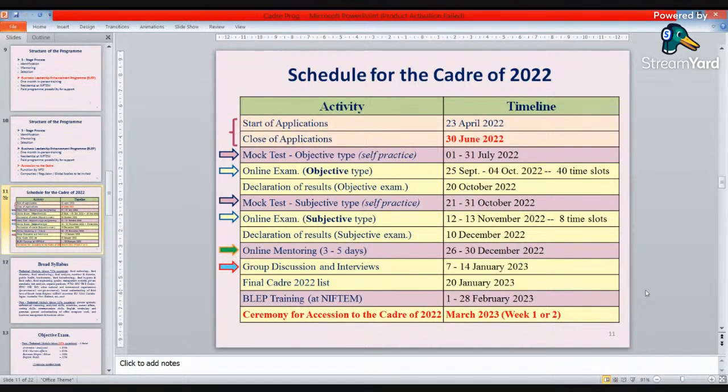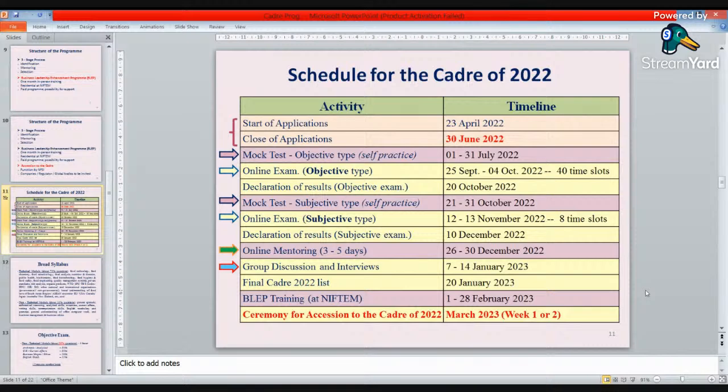So each year we'll have a cadre of 2022. So you'll have your batchmates, and then you 100 people, 100 batchmates will do the mentoring of your next batch and your next batch. And that's how we build a team in our country. That's how we develop the economy of our country.